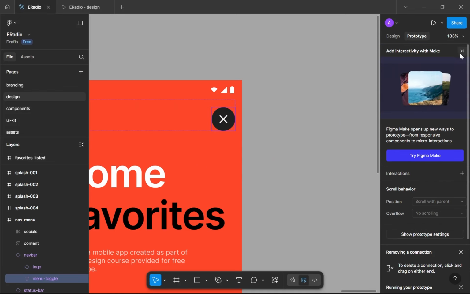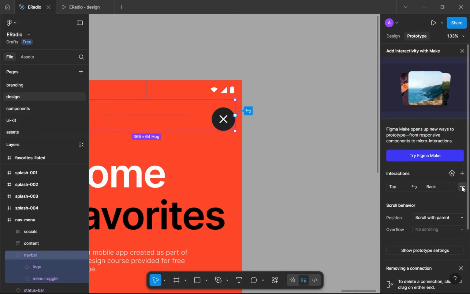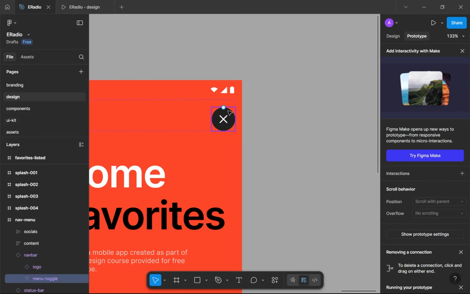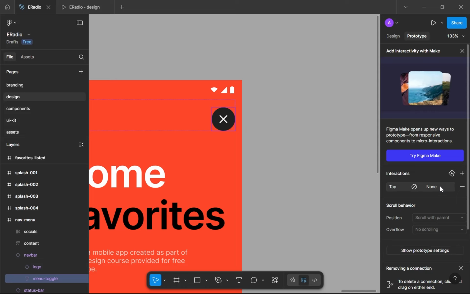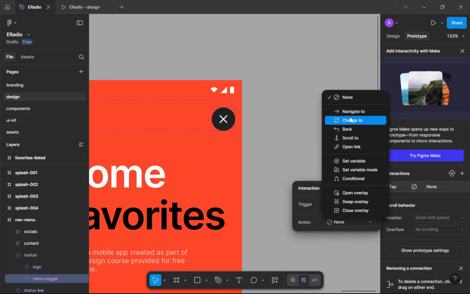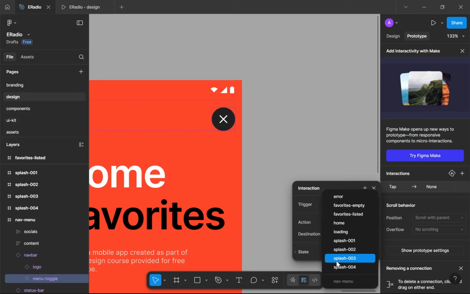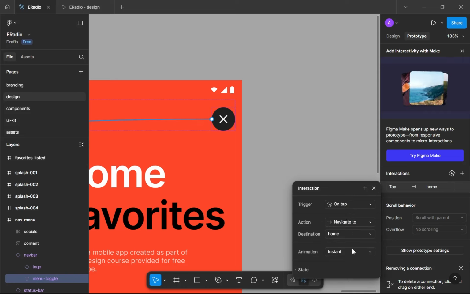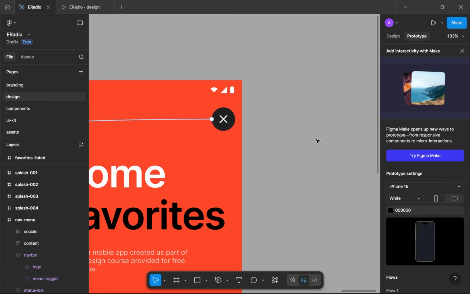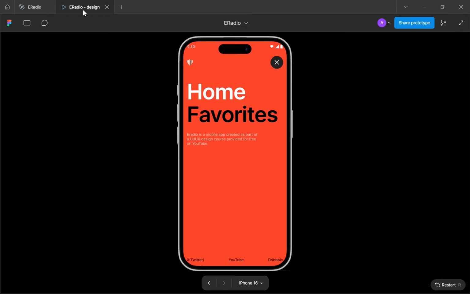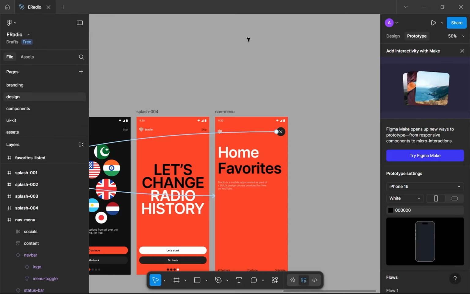So, okay, let's just remove this. And the interaction should be for this button here. The interaction should be on top. We want to navigate to the home page. So we assume that the home page is where the user is coming from, right? So it's going to be instant here. And let's see. Because if we run it again,